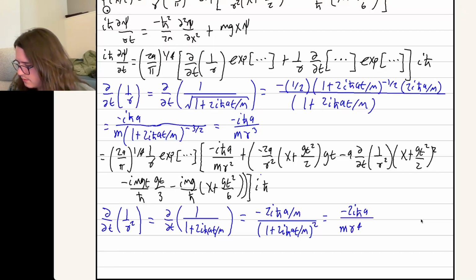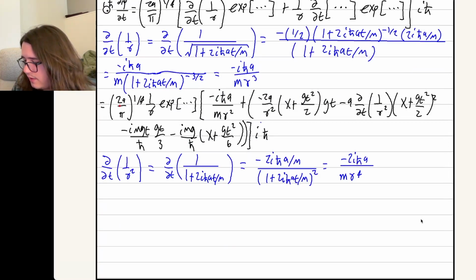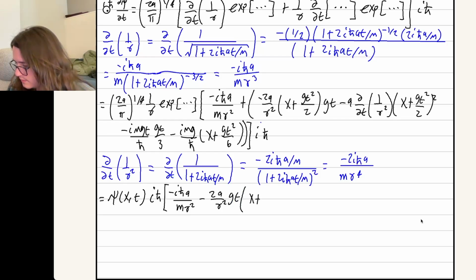But yeah, that form is as good as we're going to get for now. So now we have the entire psi of x and t in these three terms here, so we're just going to write psi of x and t for those. But then we get i h bar times all the stuff that's in the brackets, minus i h bar a over m gamma squared minus 2a over gamma squared g t times x plus g t squared over 2